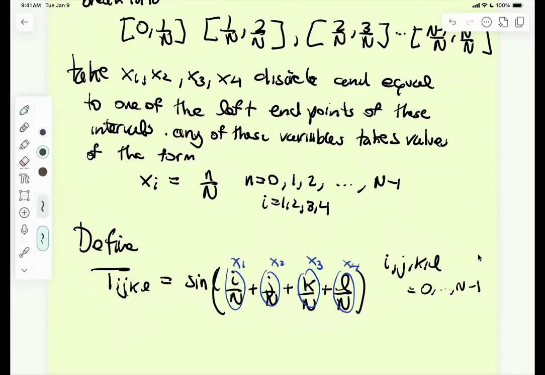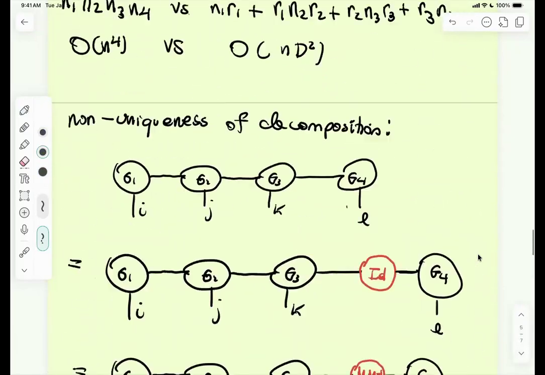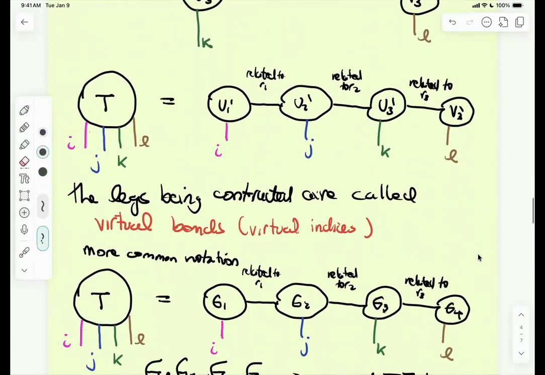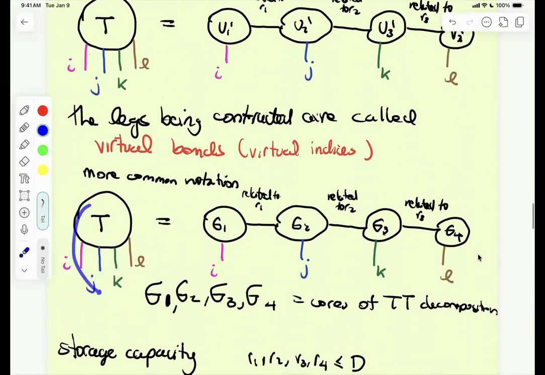Okay. Now this is actually a good moment to mention this. We can think of it as the other time. Why is this called sometimes a matrix product operator? Why is this a composition of matrix product operator? Because if you think about giving particular values to I, J, K, and L, if you fix